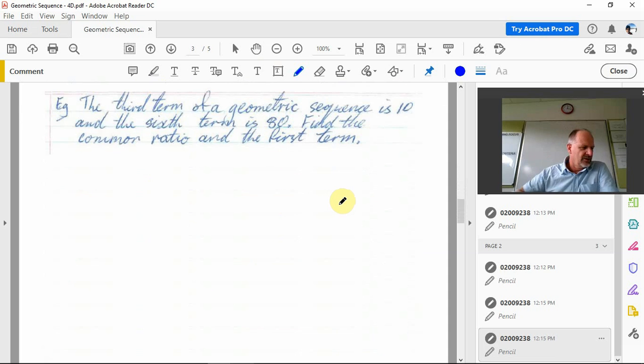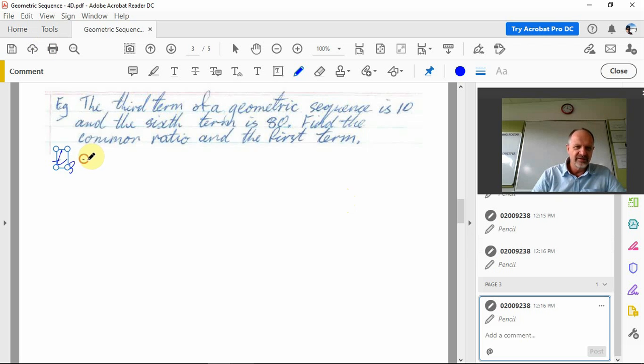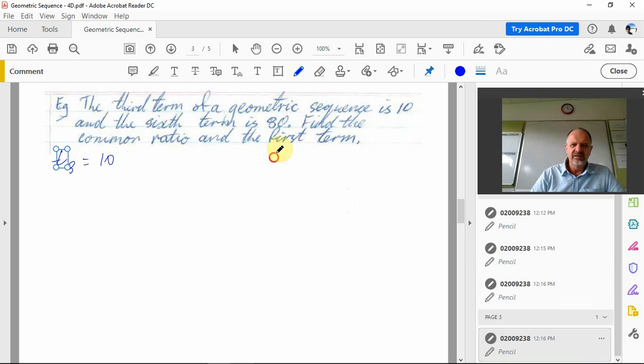Anyway, we move on. All right, the third term of the geometric sequence is 10. So term 3 equals 10, and term 6 equals 80. All right, so let's have a look then. Let's write it down. Term 3 is 10, so 10 equals